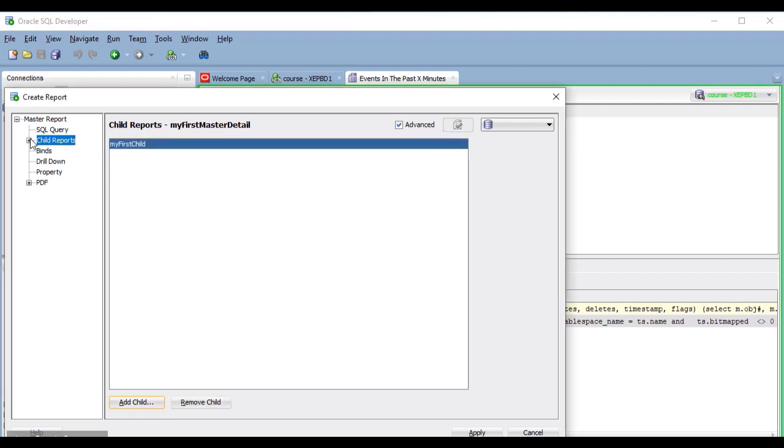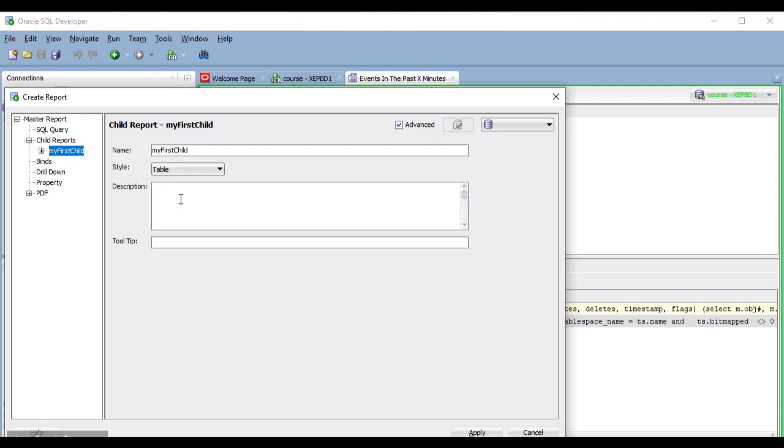Now here in the tree, the child reports section has a plus sign, which means that I can expand it, and here is my first child. Here I am going to add a description and a tooltip. And now I'm going to click on the plus sign of the child, and I'm going to go to the